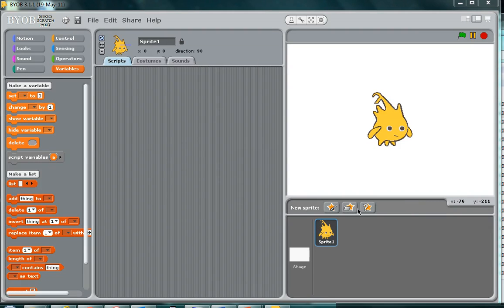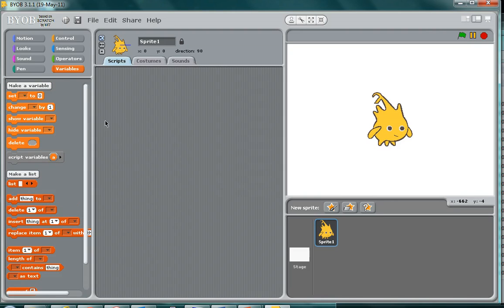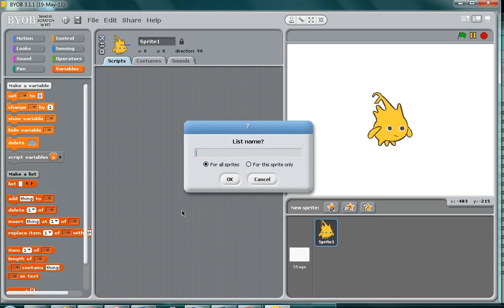So now to show you something that you absolutely cannot do in Scratch. This is a special feature of BYOB. Most programming languages support this kind of thing, and it becomes very useful the more computer sciencey type things you want to do. First of all, I'm going to make a list, and I'm going to call it